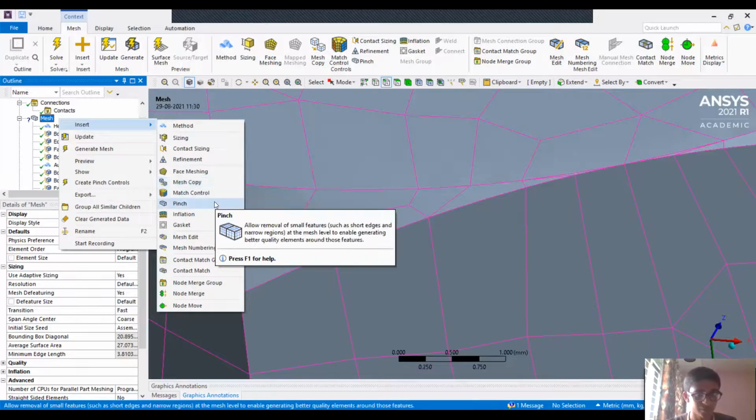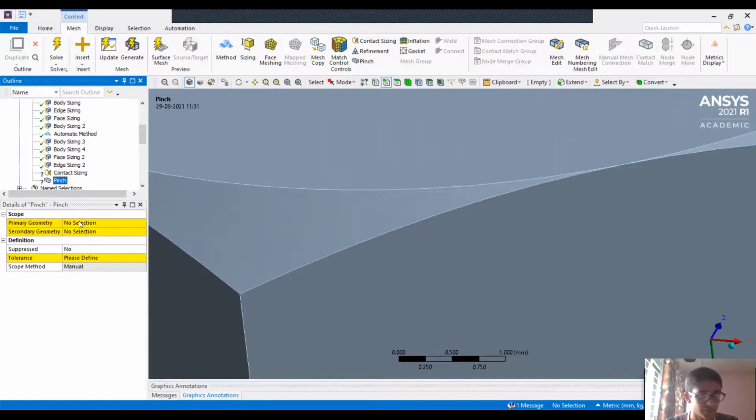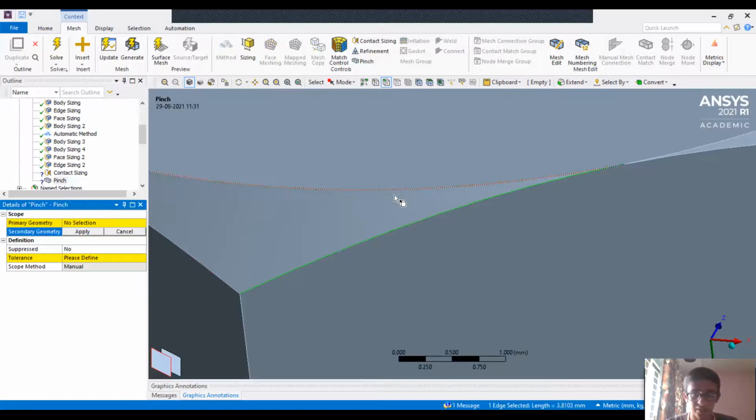Match controls. Pinch means that if we want to cut a body or cut an edge into a number of edges. So if I click on pinch, the primary geometry can be this, and the secondary geometry can be another.